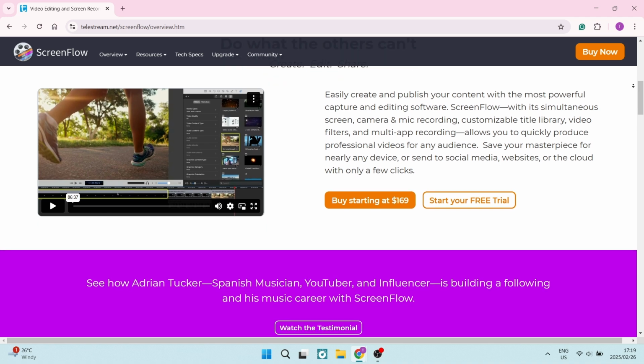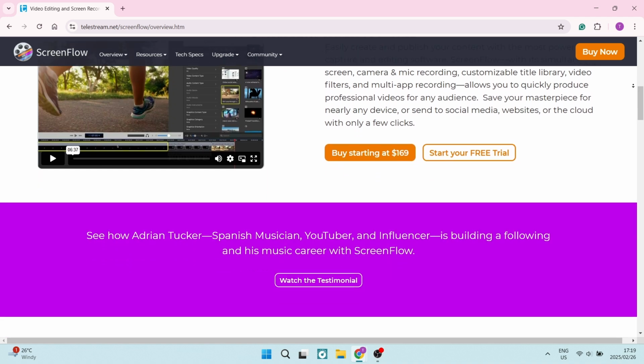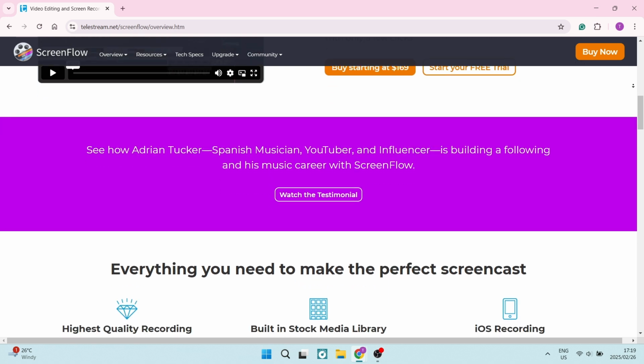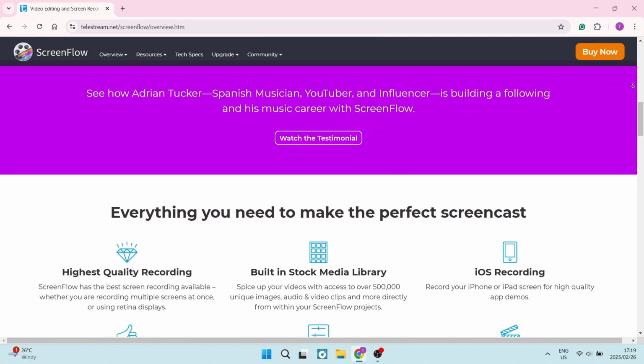One of the other things is accessing the stock media library requires an additional subscription fee, which of course will increase your overall expenses. Now, ladies and gentlemen, as you can see, both of the software that we just viewed